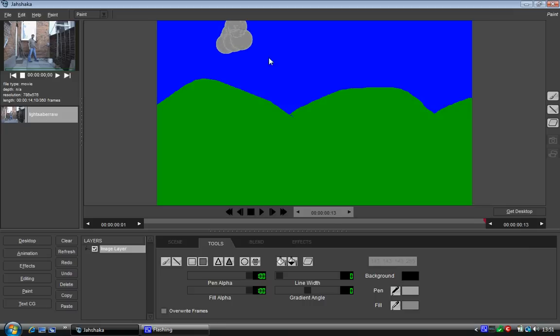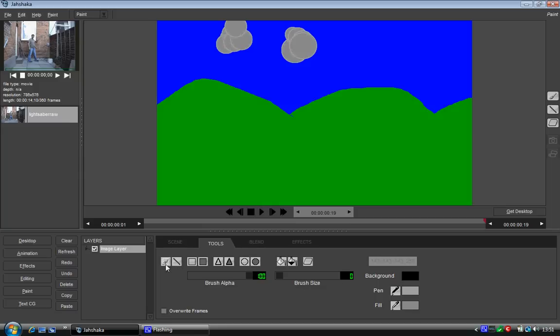As you can see, it's not really a good attempt, but you kind of get the picture of how you would go about making a cloud. I've actually got a better one on my video on how to add sound to Jahshaka, where they actually look 10 times better. And then let's say we wanted to add a stream, so I'm going to go back to